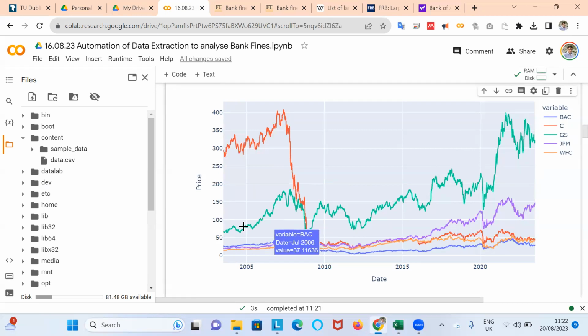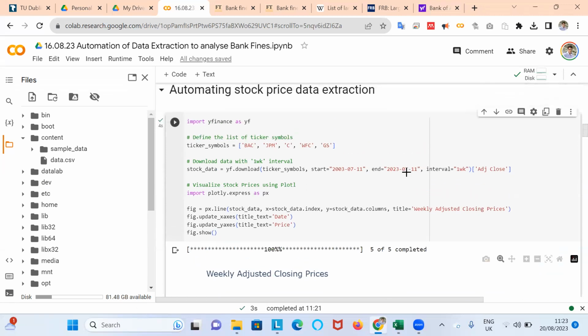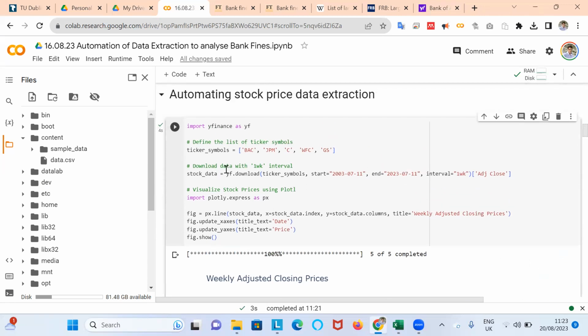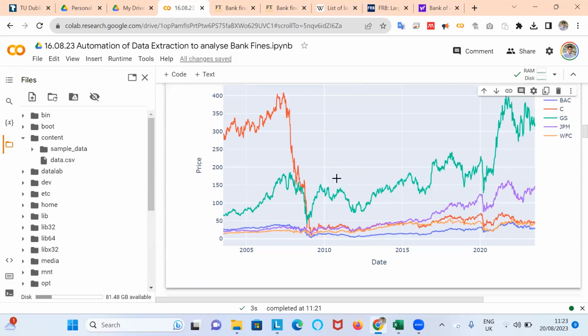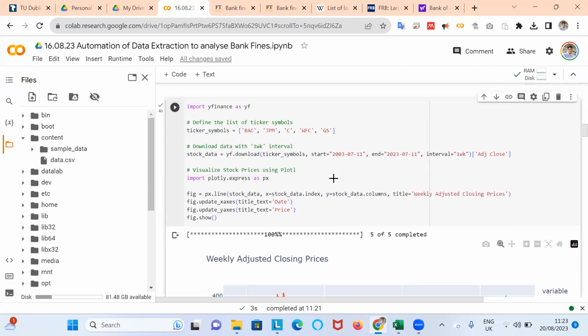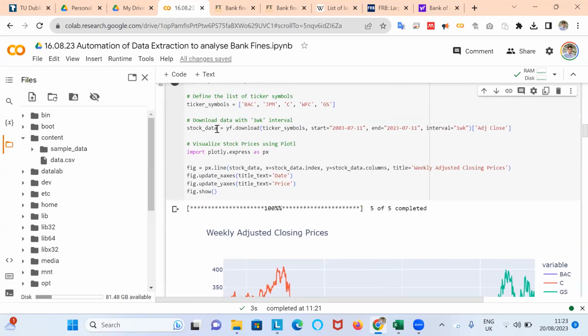Now, we can't really judge. This is one way of gauging the performance, but a much better way would be to look at the cumulative returns. But before I get there, it might be useful to look at the stock data object that I created, which is taken here using Plotly to produce this graph. And if we wanted to eyeball the data for the stock data,